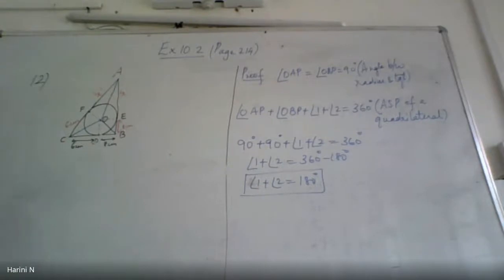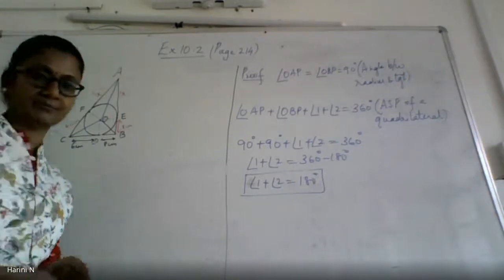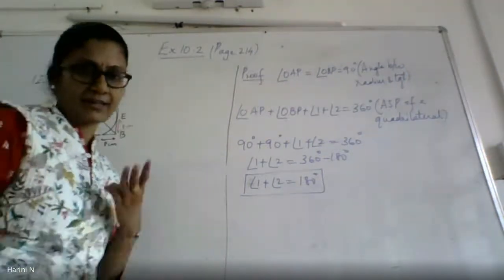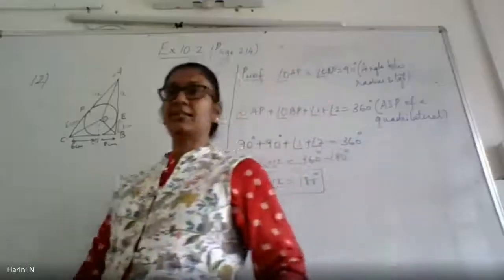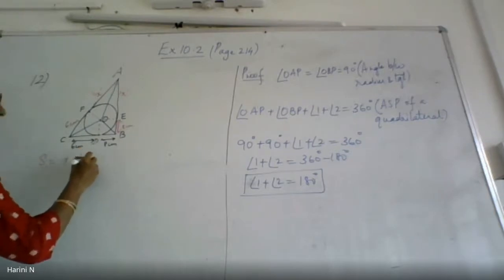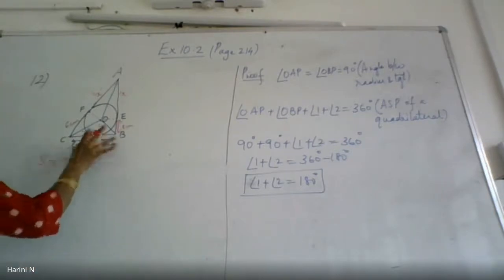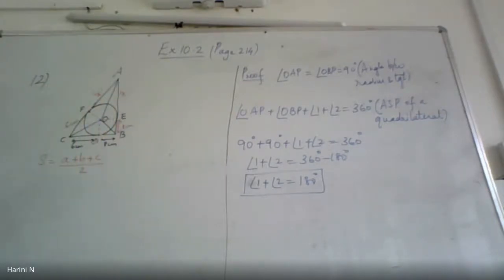Can I find the area of triangle ABC using any of the methods you have learned so far? If three sides of the triangle are given, how do I find its area? There is one full chapter we have done on this. Yes, Heron's formula. If three sides of a triangle are given to me, then I know how to find the area of the triangle by using Heron's formula. So here, what should be the semi-perimeter? S is equal to A plus B plus C by 2. So if your A is BC and your B is AB and your C is AC, can you find A plus B plus C by 2?